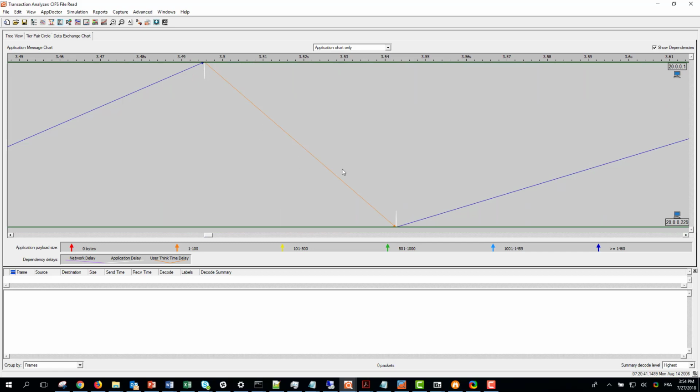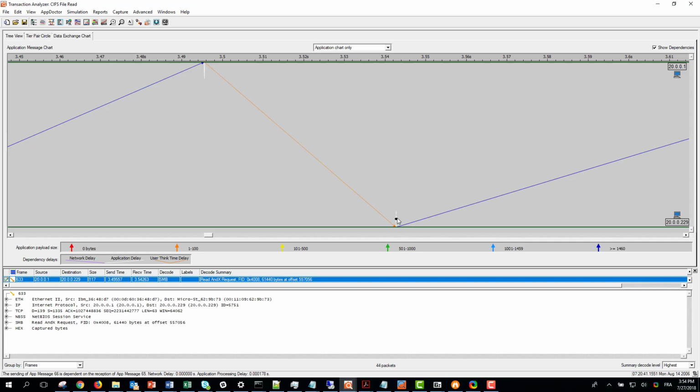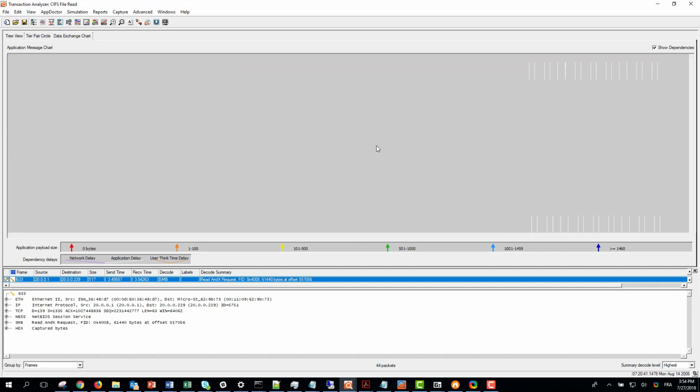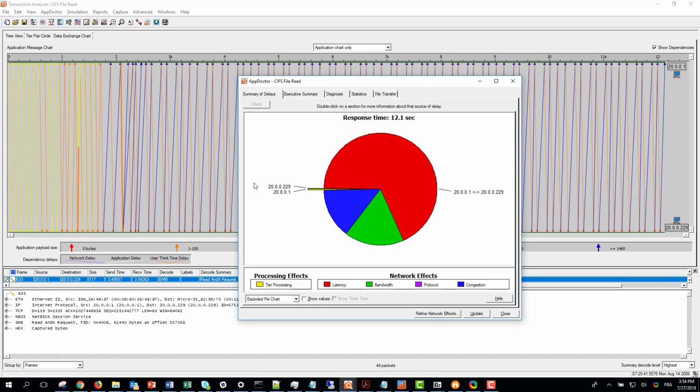And here I can see, for example, when a request is arriving at the server, it is taking less than 1 millisecond before starting to answer. So it is answering pretty fast. And this is why we have almost no tier processing delays here. The majority of the delay is due to latency, and before looking at that, it is important to check